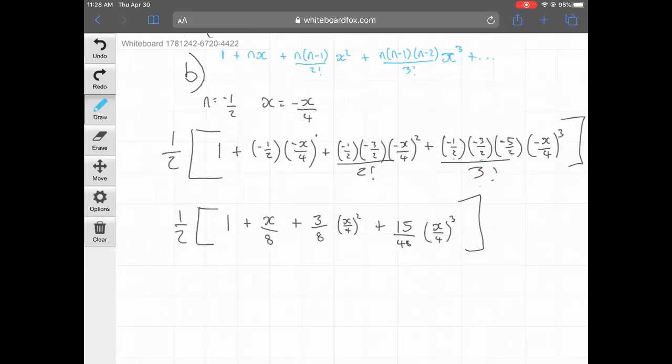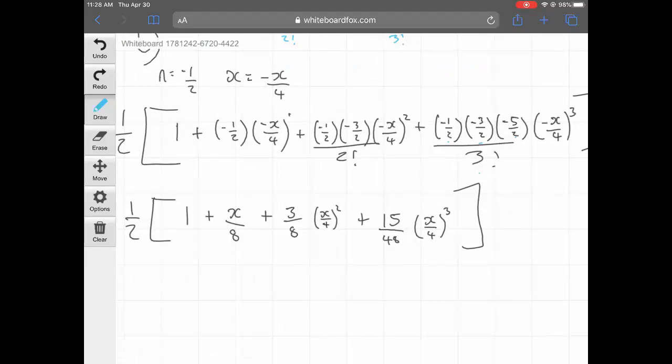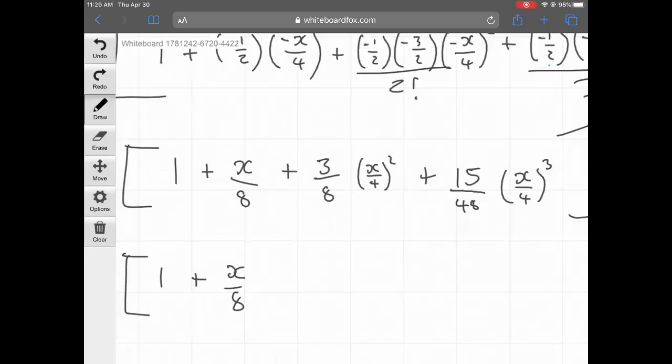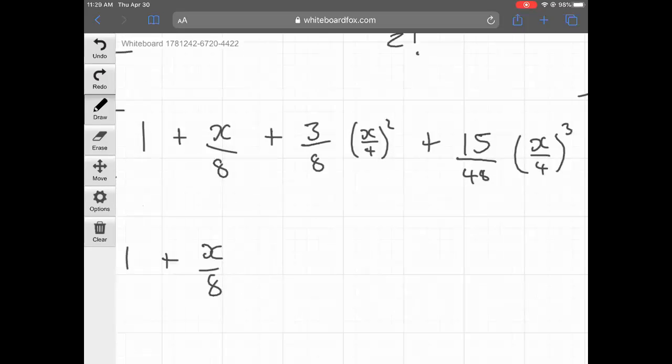So now I guess the next step will be to get rid of these brackets, and then finally I'll distribute the half. So I'm going to keep the half outside. Again, 1 plus x over 8 is fine. Right, now I've got 3x squared over 8 times 4. So what I really want to work out, and I recommend using calculators at this stage, is 3 divided by 8 times 4 squared, which is 3 over 128